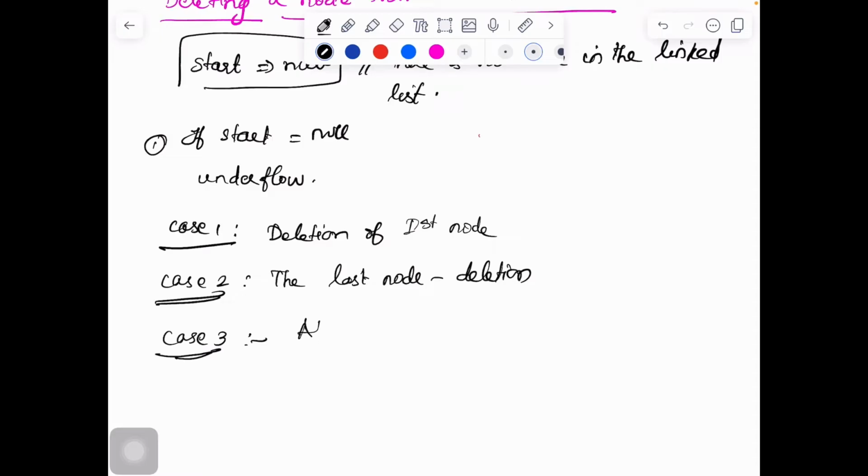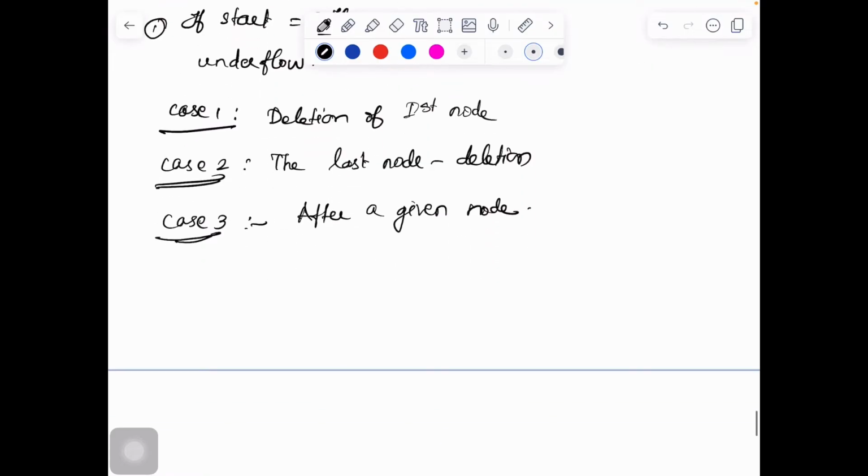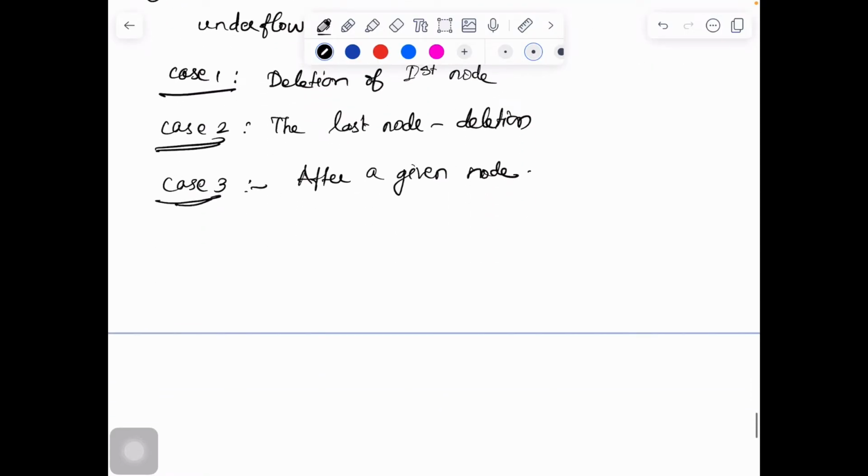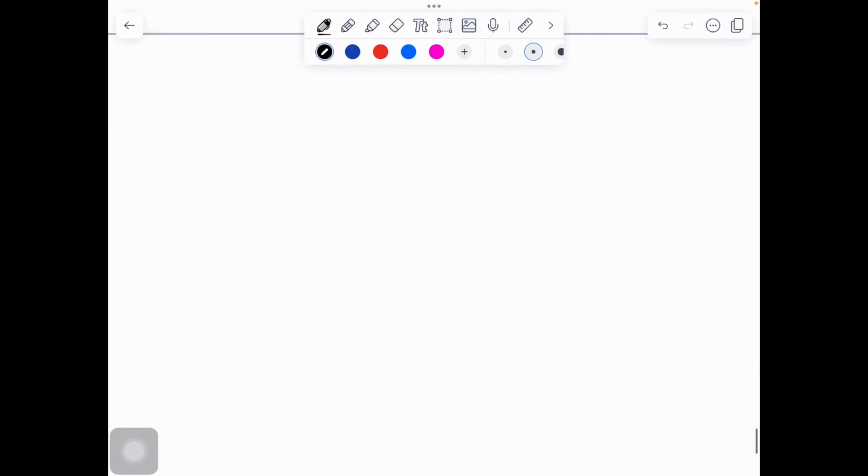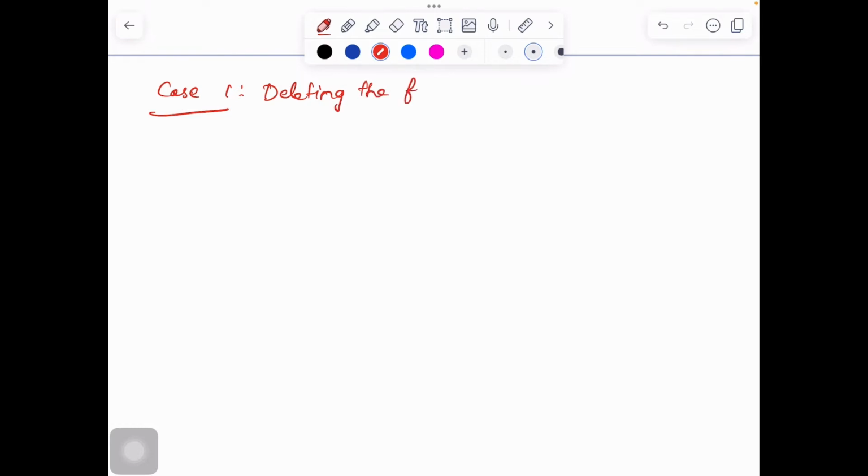Now let us see the cases one by one. First, let us move on to the first case. So what is case 1? Performing the deletion, deleting the first node of the linked list.